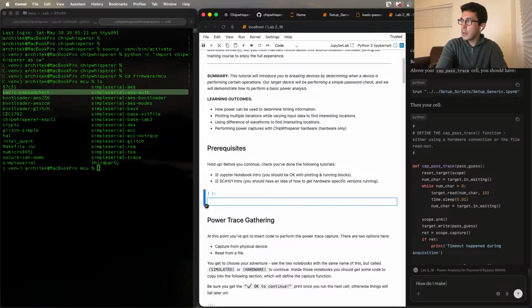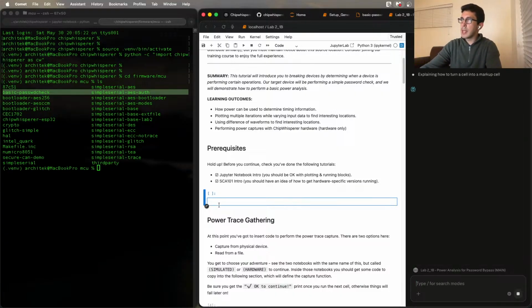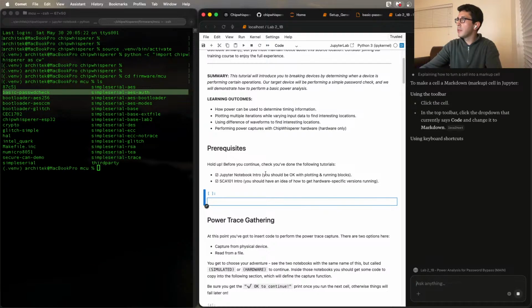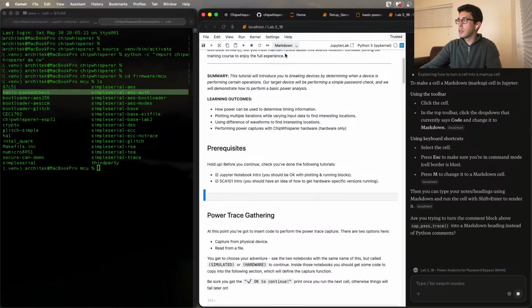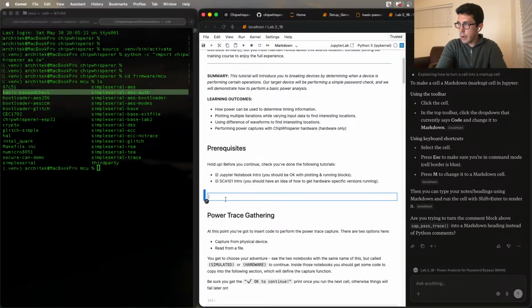How do I make a cell a markup cell so that I can just provide the text? Click the cell in the top toolbar, click the drop down that currently says code and change it to markdown. Okay, it's markdown, not markup. Okay, so prerequisites,